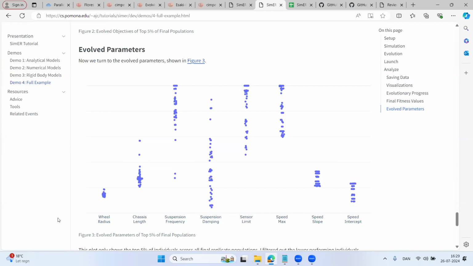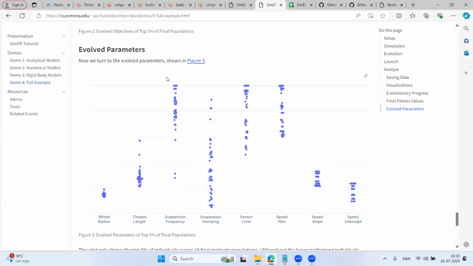And these strip plots are a better way to show you the density versus a violin plot or a box plot, or you pick the distribution style plots. Our brains are really nice at picking out clusters of points. So we can pretty clearly see that a variety of chassis lengths work, but right around here is where you see the biggest cluster, for example. Other nice things to see from this kind of plot that are a little bit harder to see from a box plot is I probably want to change my evolution range of different parameters. You can see for suspension frequency, I've got a pretty good cluster here that's all the way at the top.